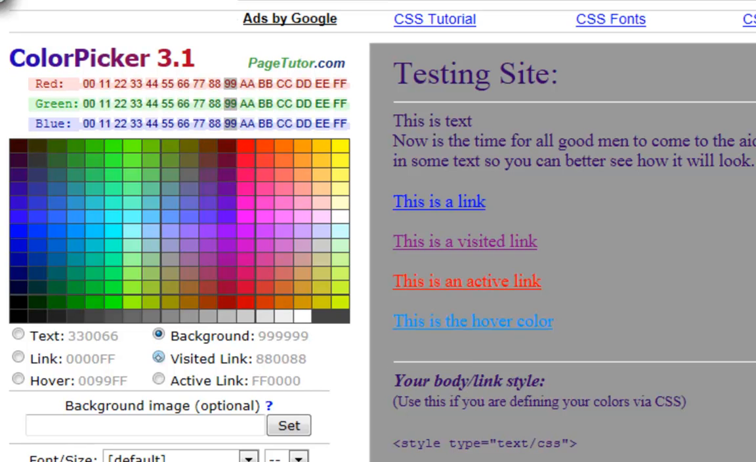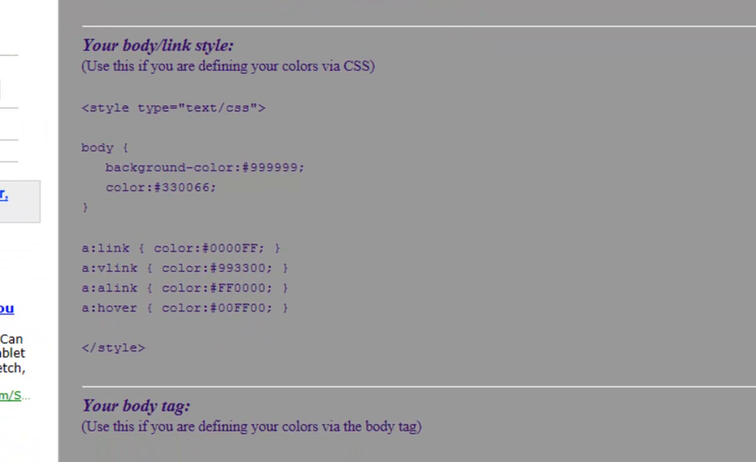And if you wanted to, you could change the visited link to, let's go that dark red. Hover, you can have like a green. And so when you hover over a link, notice how it changes to green. And let's say we like those colors. If we scroll down a little bit, it gives you